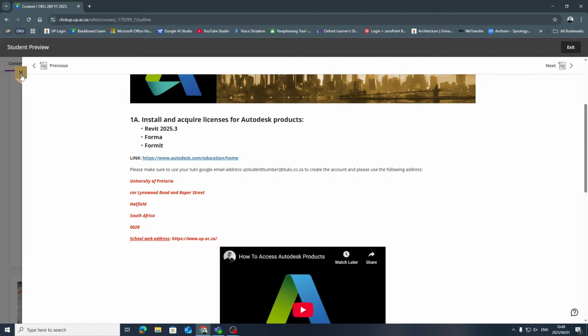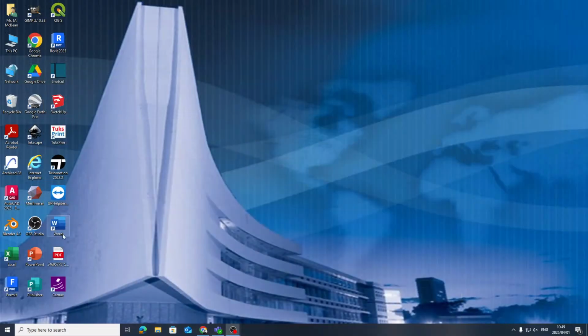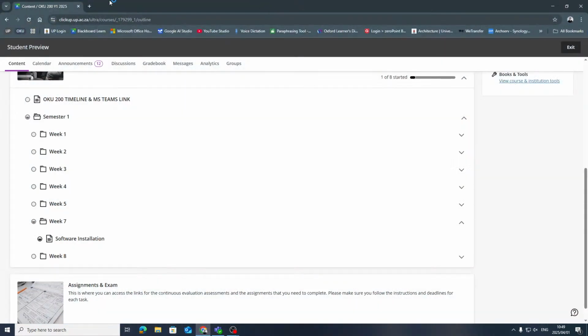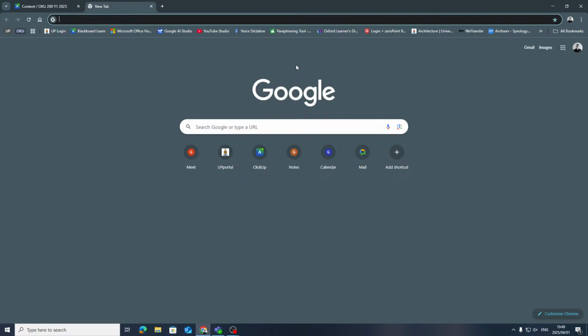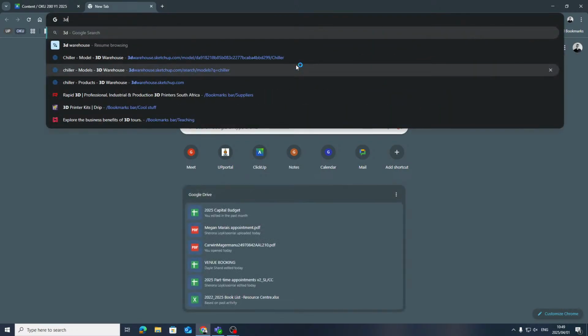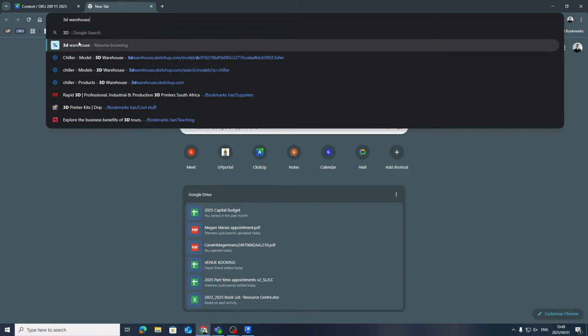I'm just going to open up Revit very quickly. And I'm also going to go to 3D Warehouse. Now, Revit and ArchiCAD are 3D modeling software geared towards modeling buildings. They're not very good at modeling furniture. They're not very good at modeling trees. They're pretty rubbish at modeling stuff like that. They're building focused. This is a very specific tool to do a very specific job.